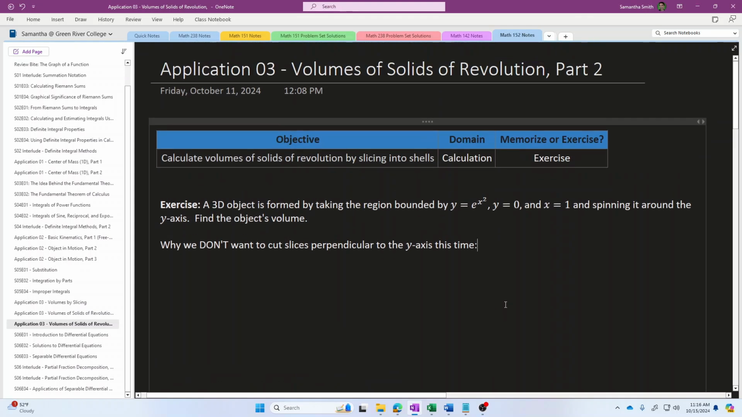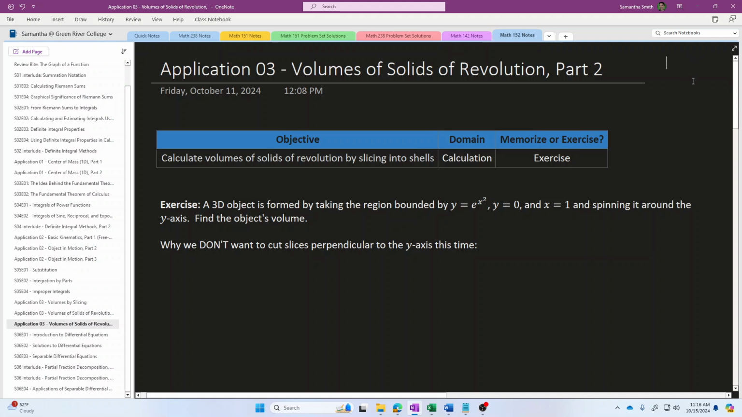Today is day three of our work finding volumes of three-dimensional objects. And today is day two talking about volumes of solids of revolution, which we began to talk about yesterday. Today, we are going to introduce an alternative method of finding the volumes that is based on an alternative way